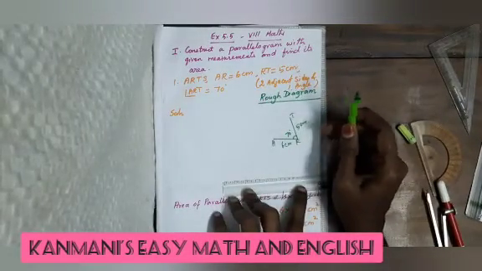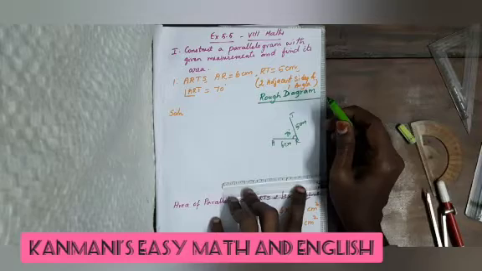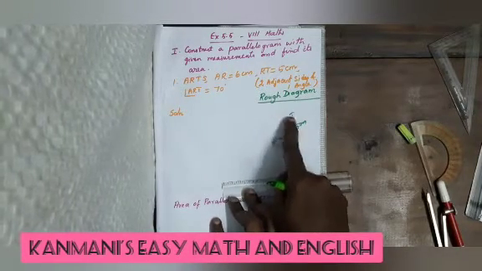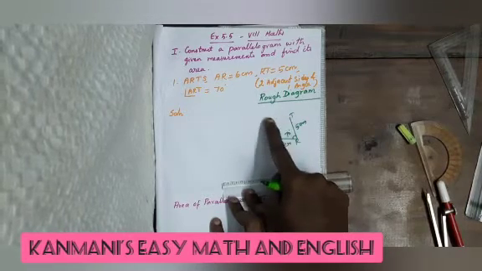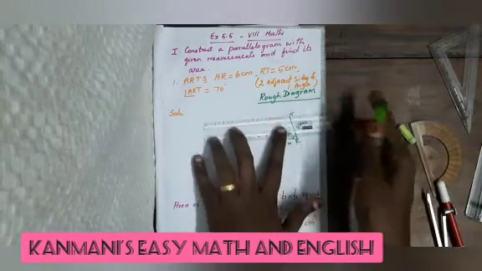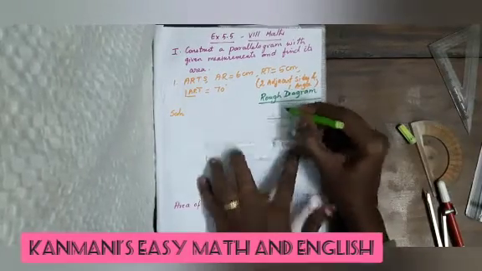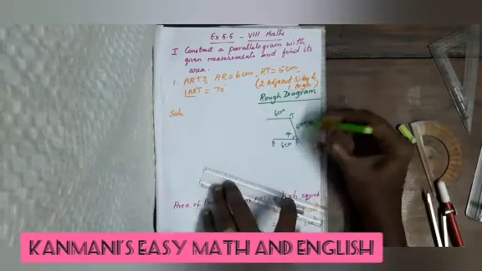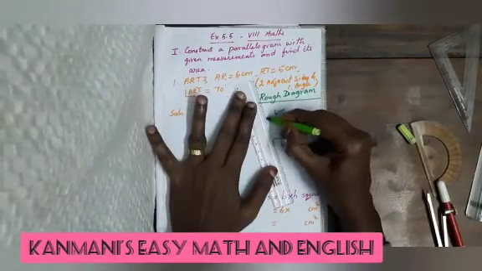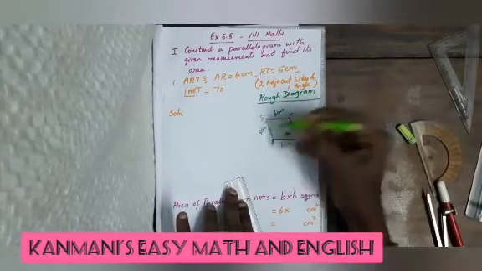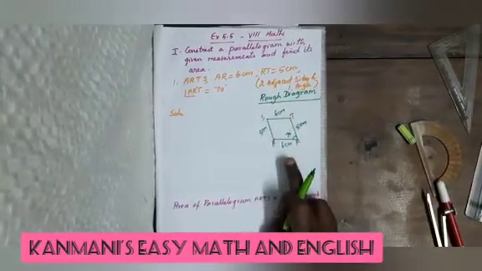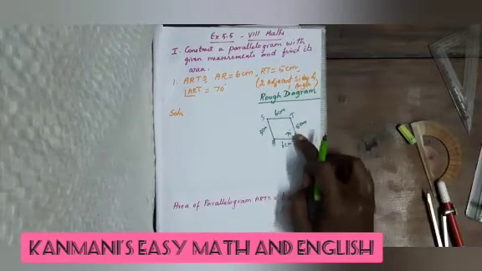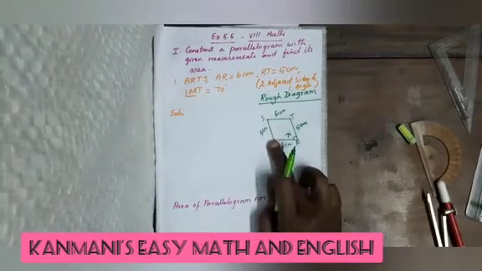What about a parallelogram? It is a four-sided figure with opposite sides and angles equal. So if AR is 6 cm, then TS, the opposite side of AR, will also be equal to 6 cm. So here also it is 6 cm. Then RT will be equal to AS. So if RT is 5 cm, AS will also be equal to 5 cm. So this was a rough figure. Opposite sides are equal. So if AR is given, ST is also 6 cm. If RT is 5 cm, the side opposite, AS, is also equal to 5 cm.